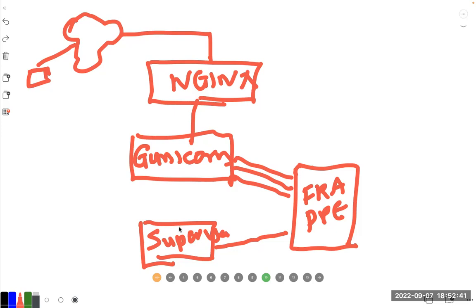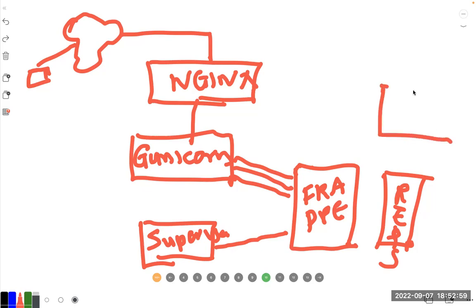One more component I will tell you, but it's already used in the system before the production itself. That is actually Redis. Redis server is actually, because Frappe is a framework and its database is MySQL, MySQL or MariaDB nowadays. It recently changed the name. So Frappe, before it's what it will do,